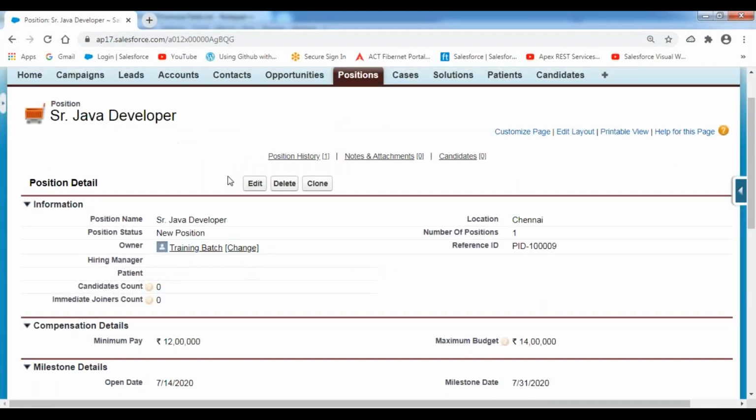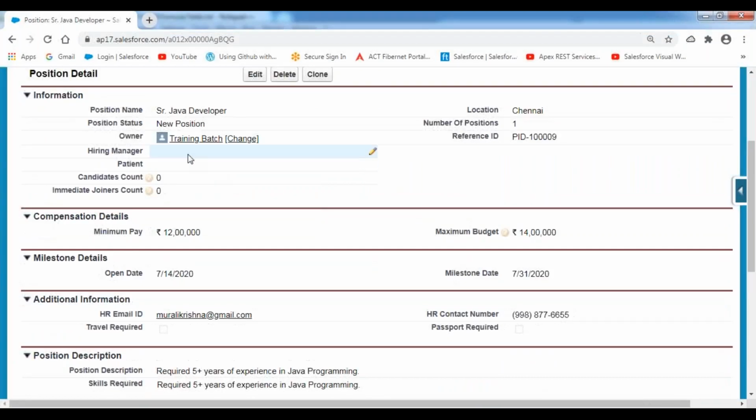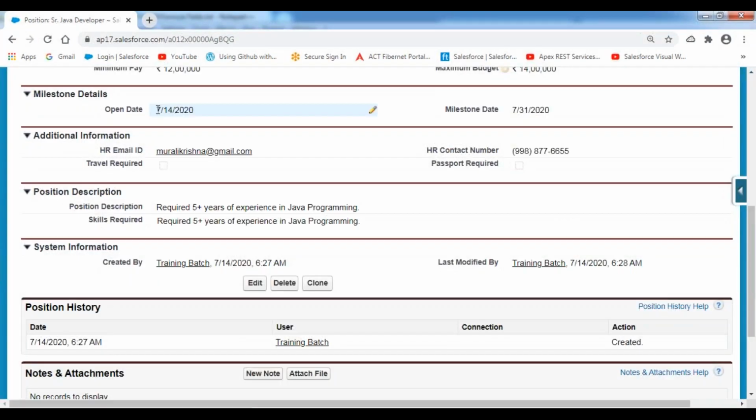So I have created this position record. The position name is senior Java developer. This is for Chennai location. Number of vacancies is 1, and the position status is new position. The position is open on 14th of July. Milestone date, nothing but the target date to close the position, is 31st of July.